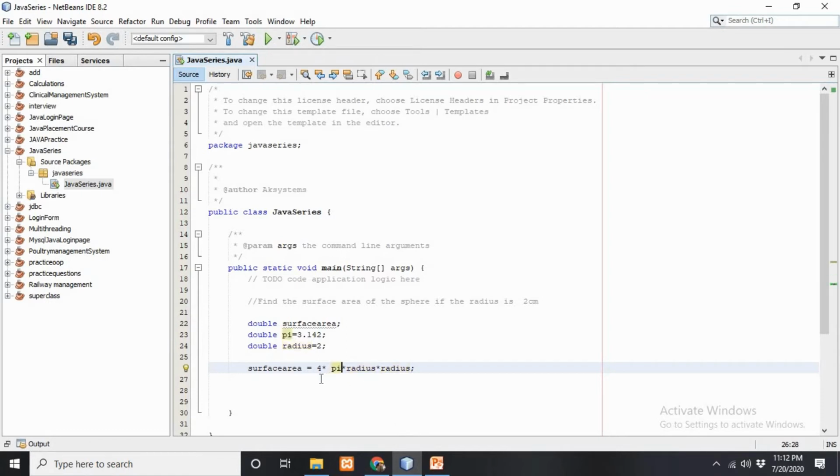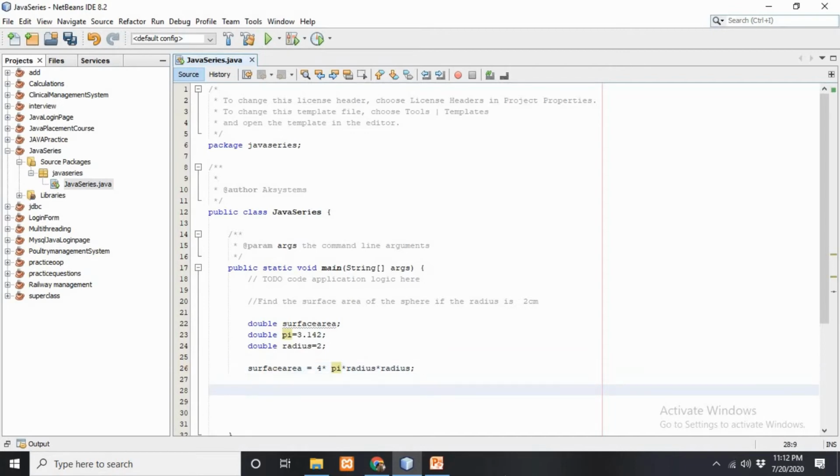So this is the formula for the surface area, that is 4 pi r square. There is no square operator in the programming language, so we write the same variable 2 times in multiplication, and we all know that a variable multiplied by itself becomes the square of that number. Alright, so this is the formula.